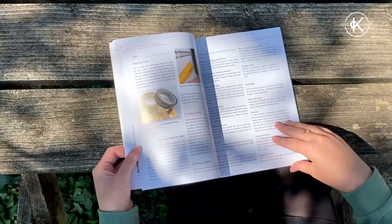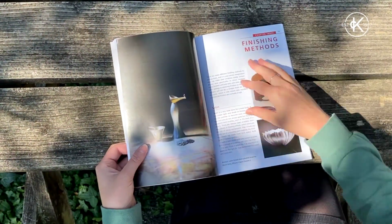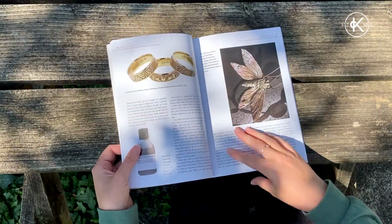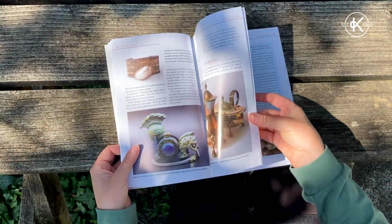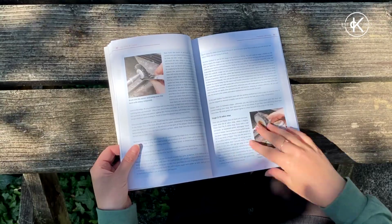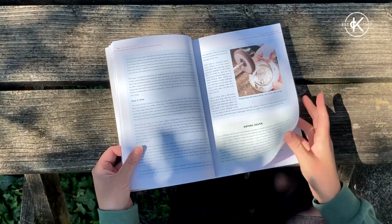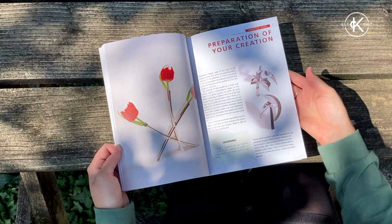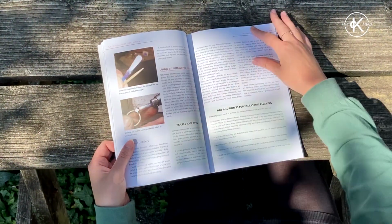In this practical book, you will learn all about setting up your workshop, with a guide to tools, equipment and materials needed, including information on barrel polishers, ultrasonic cleaners, pendant motors, brushes, felts, mops, to the many compounds you can use. You'll discover how to prepare your creations, plus finishing methods, including how to achieve a satin finish and an